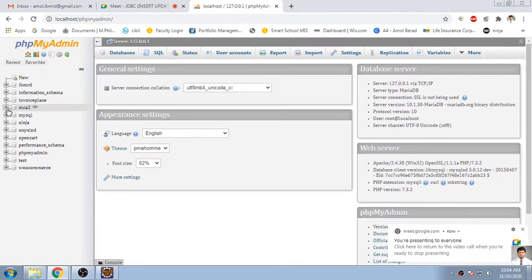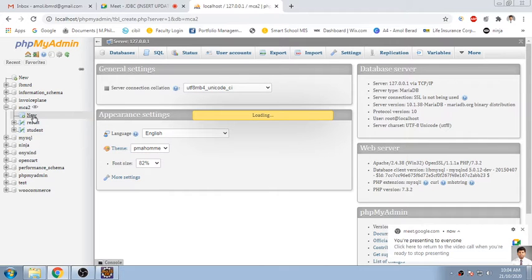Okay. So in MCA2, we'll see whether the login is there. No, there is no login. So we'll create one table in MCA2. I think it was there in IBM. No, it was not there. The result and student tables were there, but there is no login. So we'll go for a new table.